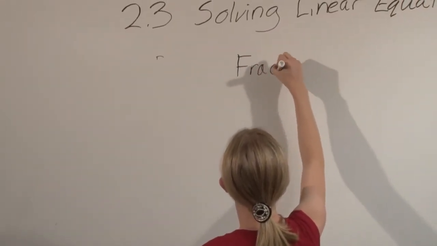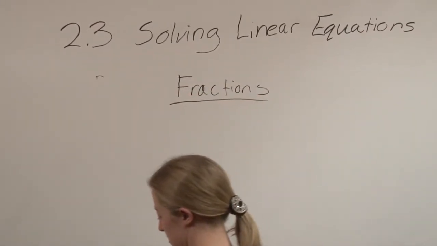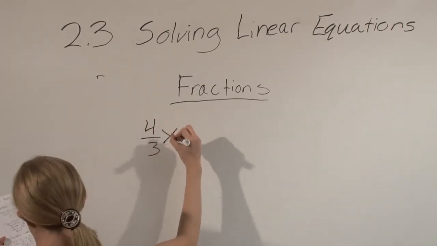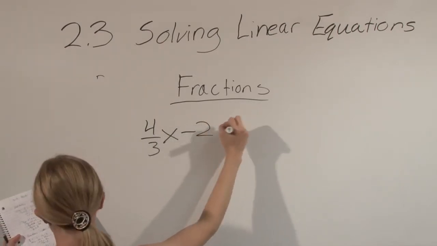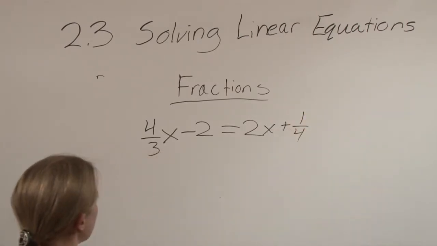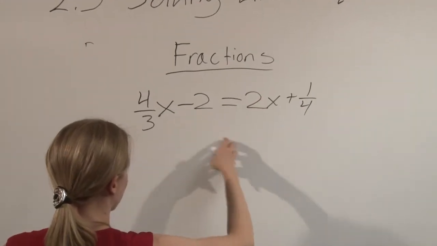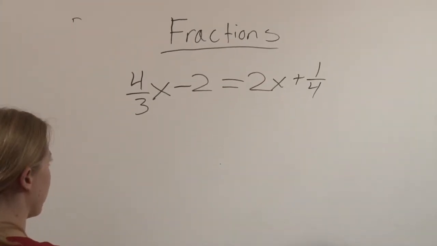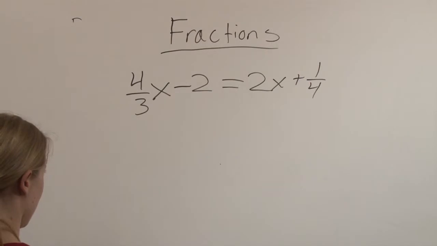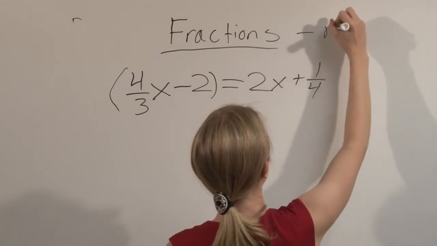The next topic is what to do when you have a linear equation with fractions. So if I had something like 4/3 x minus 2 equals 2x plus 1/4. Now I could start subtracting x's to one side and numbers to the other side. But I would have to do a lot of addition and subtraction of fractions if I was going to do that. So the easiest thing to do would be to clear the fraction, and I can do that by multiplying both sides